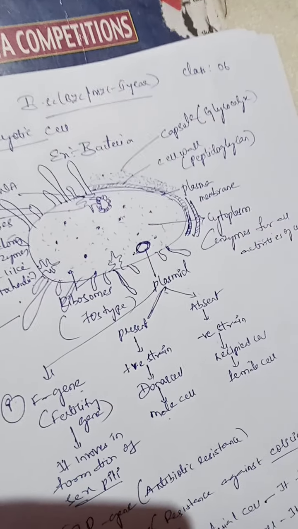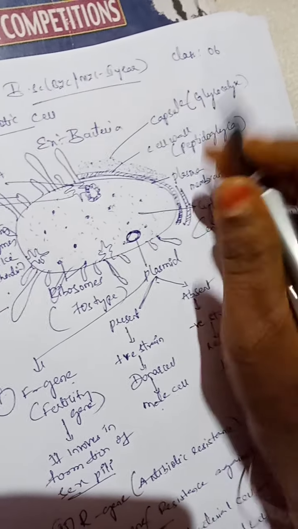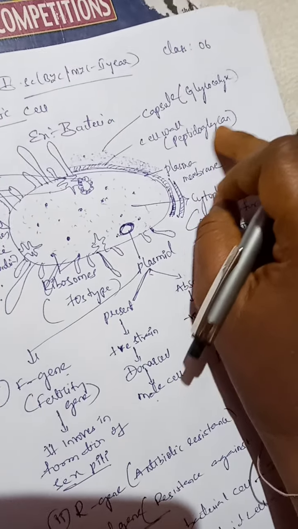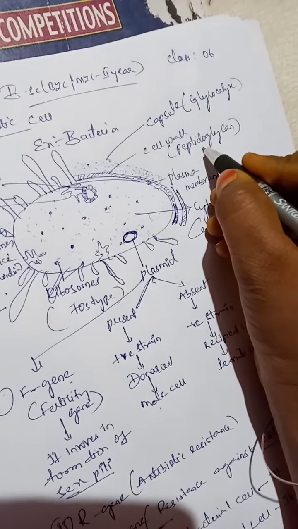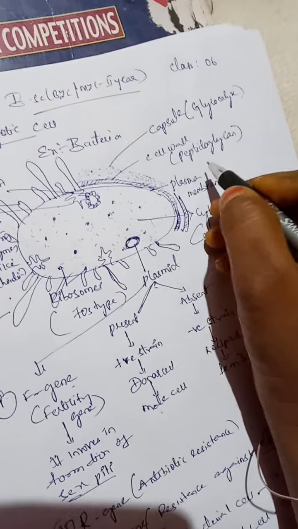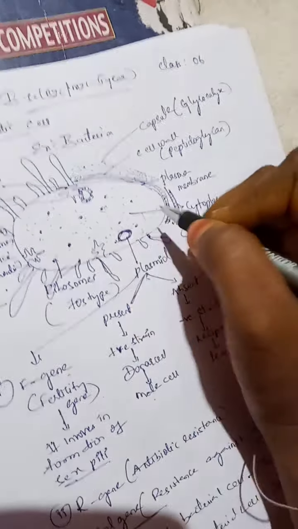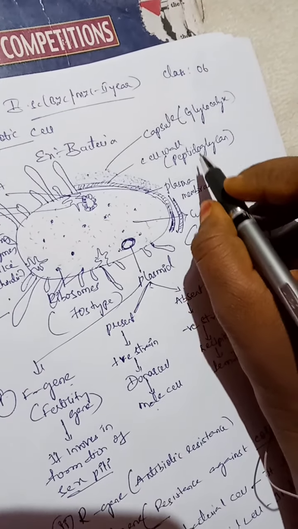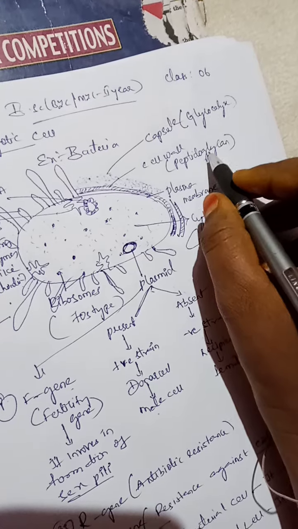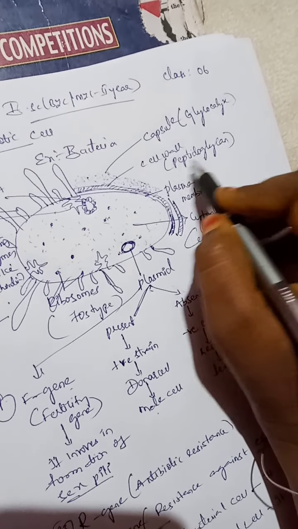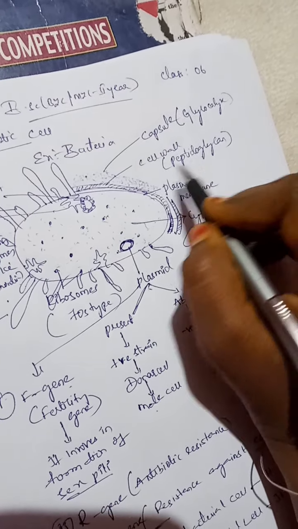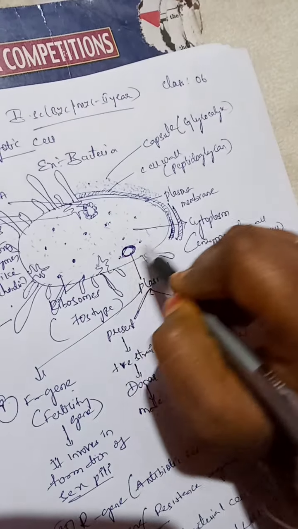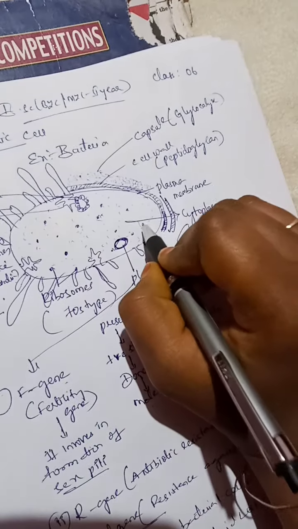Here the second layer: there are the plasma membrane and the cell wall, which is made up of peptidoglycan. This peptidoglycan can take stain easily and get colored, mainly purple. Bacteria can take the stain color, which is purple. So the cell wall is made up of peptidoglycan, which can easily be stained with the purple stain. Like that, the bacterial cell can take on color.